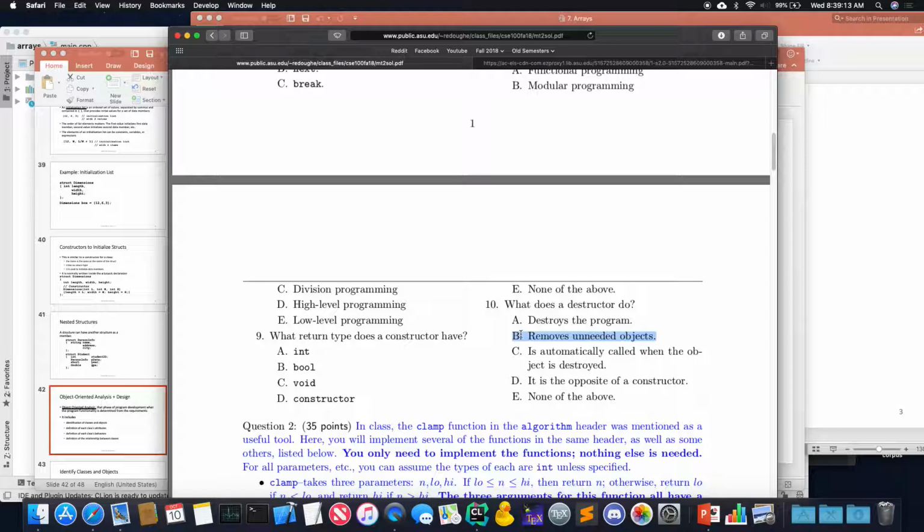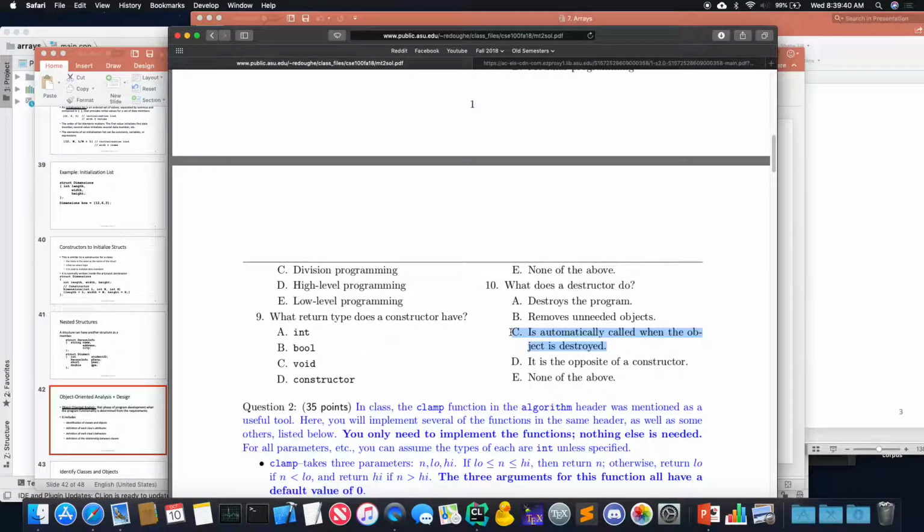So that's what a destructor is supposed to do, but it doesn't have to do that, okay? But you could, if you wanted to be evil, for example, have your destructor not free up the necessary memory and just have a leak of memory somewhere. So you could just avoid the responsibility of a destructor here.